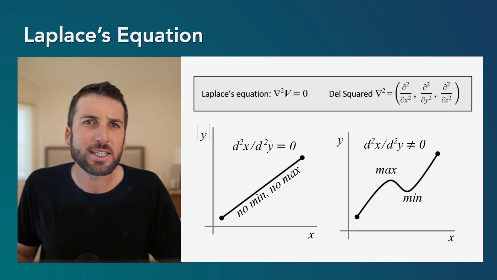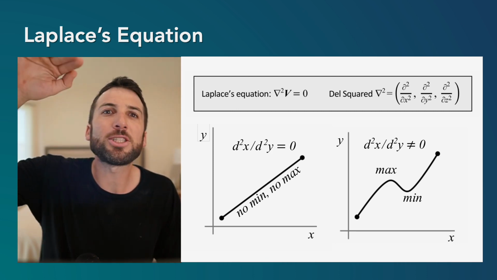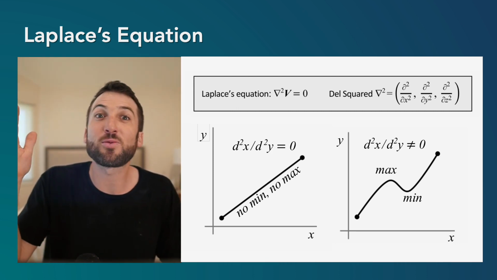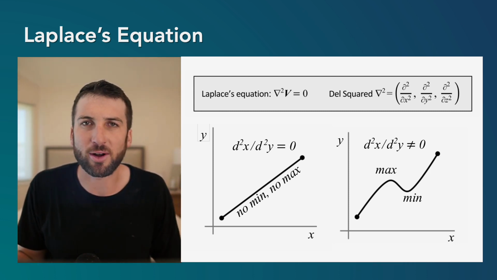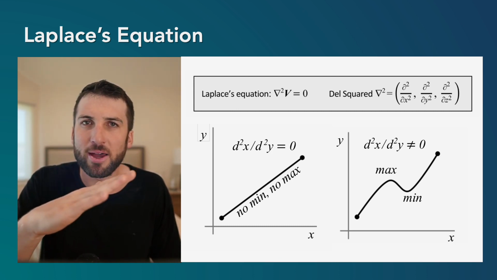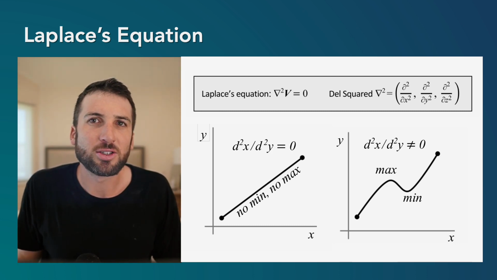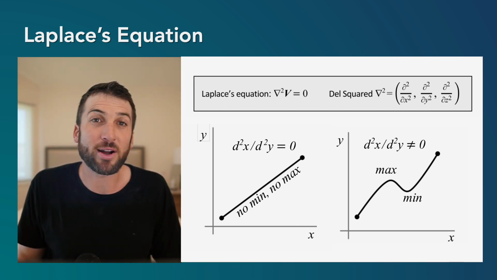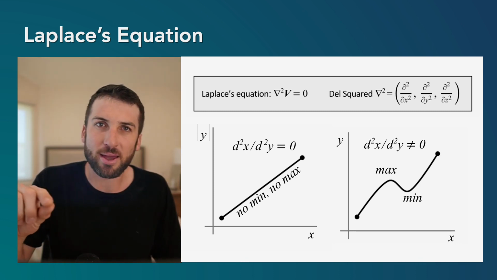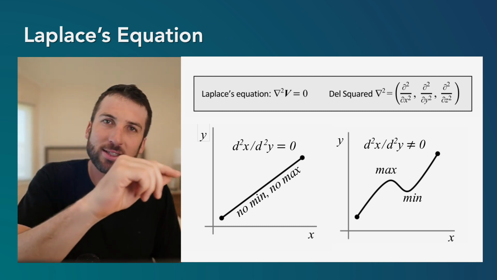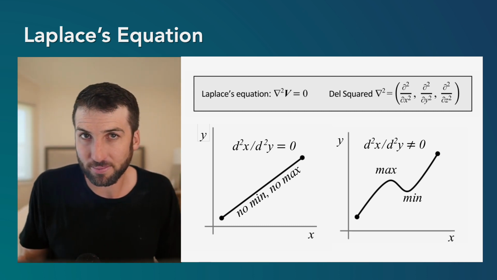So dx divided by dy could be thought about as a slope. But the second order derivative is how much the slope is changing, the rate of change of the rate of change. Well, if it's a straight line, there's no change, right? There's just one slope that's there the whole time. It's not curving up, it's not curving down, it's just one line. So when the second order rate of change is not equal to 0, it means that the slope is changing. So maybe the slope is increasing, the slope is decreasing. And then what you see there is often a potential for a maximum and a minimum.